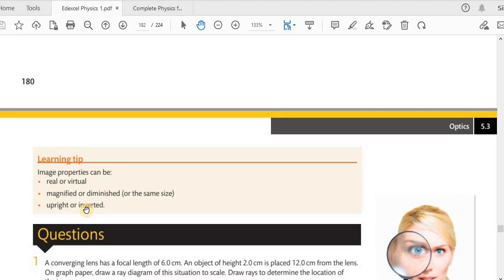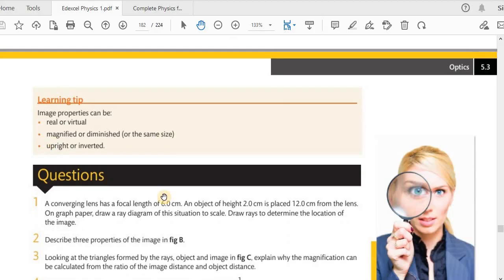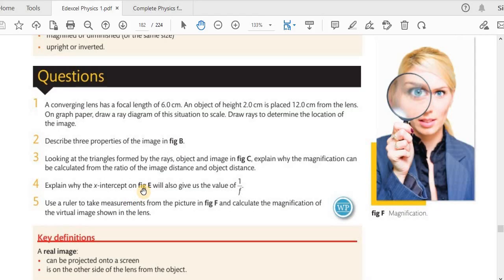Then upright or inverted. Upright means it's the correct way up. Inverted means it's upside down. The image is upside down. Here upright means the image is the correct way, the same way as the object, not upside down. Okay, we have come towards the end of this lesson, and by the way, you can see here is a magnifying glass. So you are seeing the woman's eye using the magnifying glass, so the eye appears large. Therefore, if we do this in reality, we are actually seeing the virtual image of the woman's eye through the